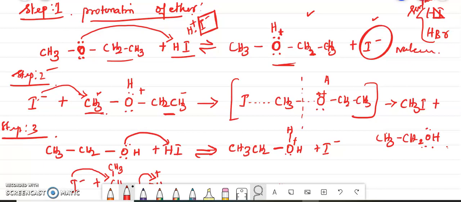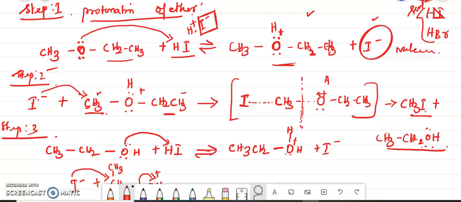So it displaces the alcohol molecule by the SN2 reaction. According to the SN2 reaction, only step 2 is happening, so we get a transition compound. There is a bond between the nucleophile and the least substituted carbon atom. There is a bond with CH3, and you will get this transition compound. Again there is a cleavage nearest to the least substituted carbon atom, so we get the products methyl iodide and ethyl alcohol. These are the 2 products you will get.